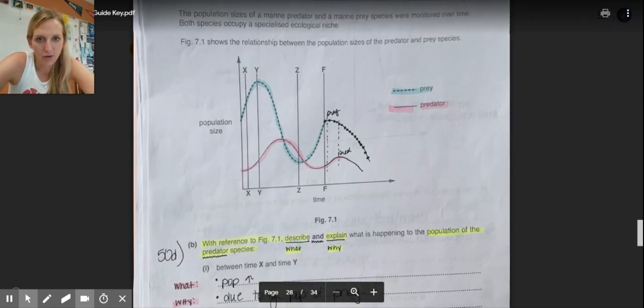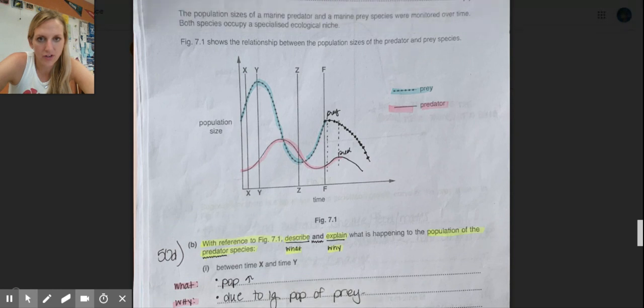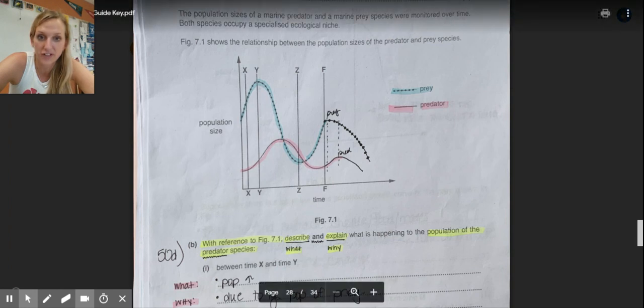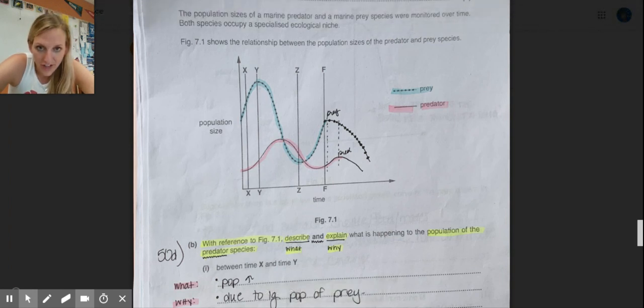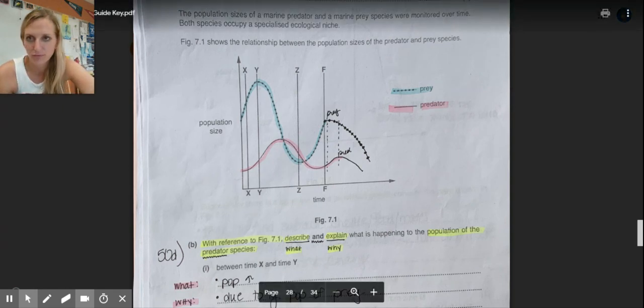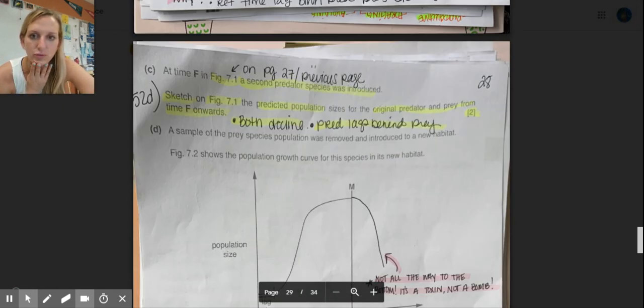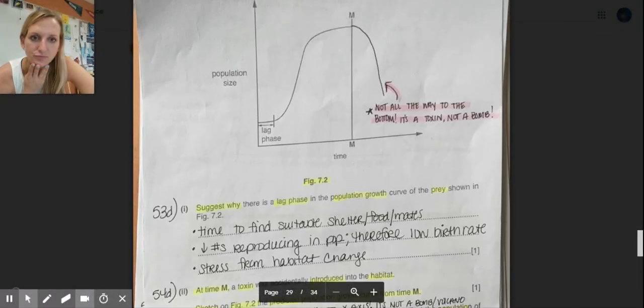All right, so new predator is there. Their population numbers are not going to ever peak to where they were before. They are going to continue to go down. And notice that my peak here for my prey is right after time F, and my predator peak is a little bit further after that. That's typically what I look for whenever I'm like, okay, I have to make sure I show a time lag. I will just make sure my peaks are different, which will make everything else fall into line too. Okay,